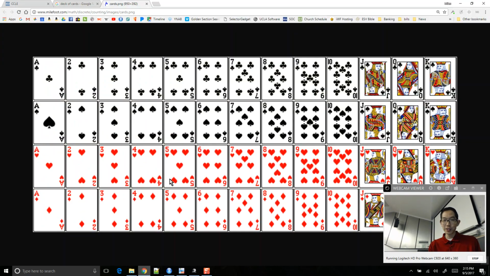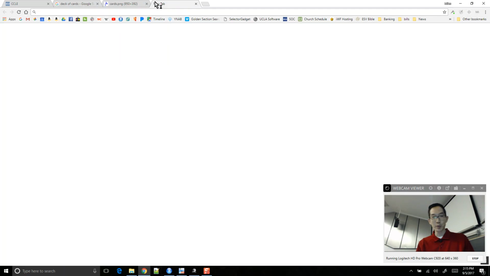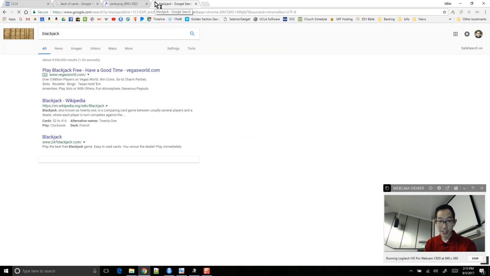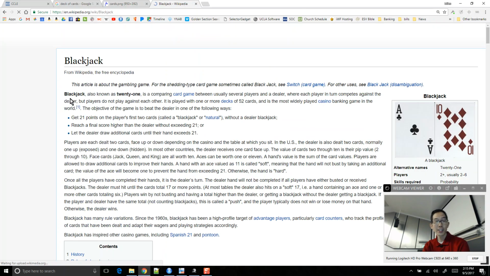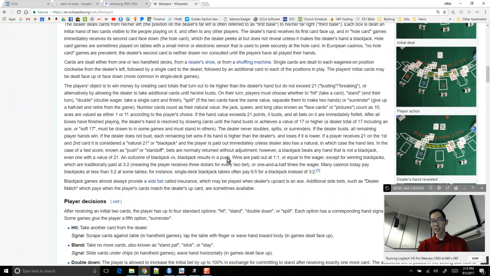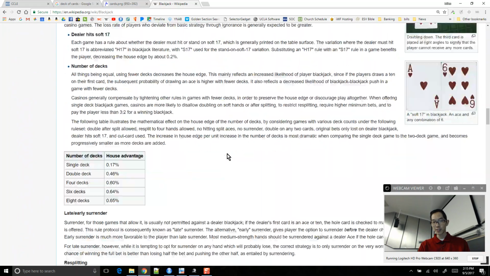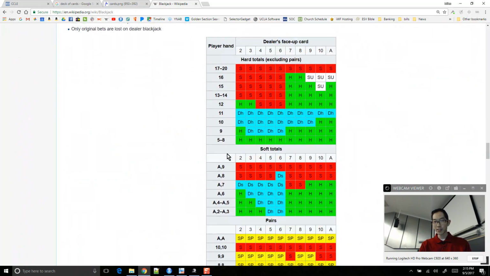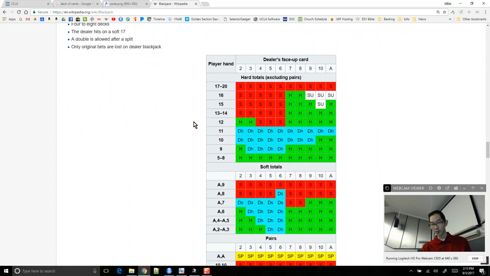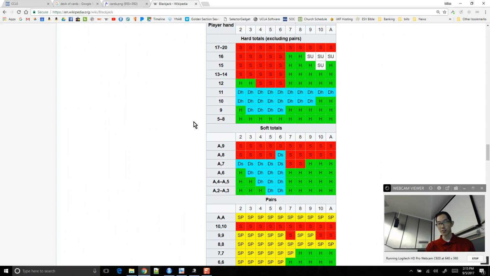Blackjack has long been studied. Anytime there's money involved, people study it. If you go to Blackjack on Wikipedia, it has all the rules explained. They also have the exact strategy of what to do if you're not counting cards, which you're not supposed to do, right? And so it says